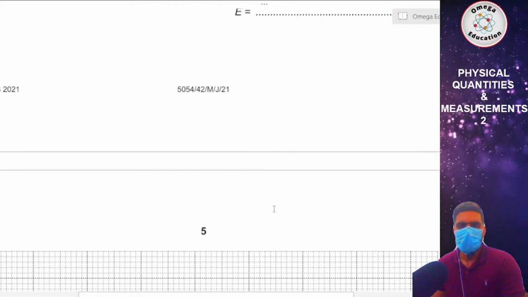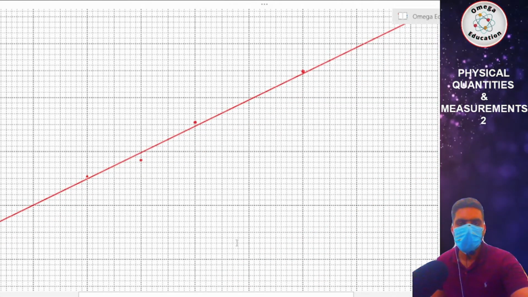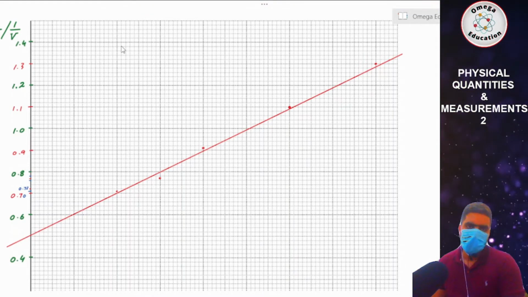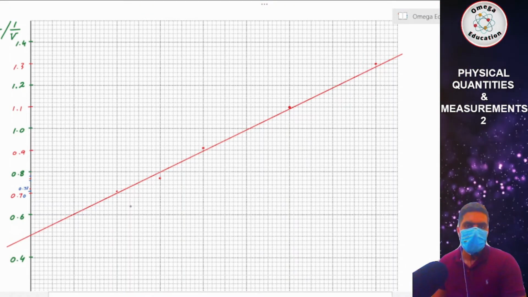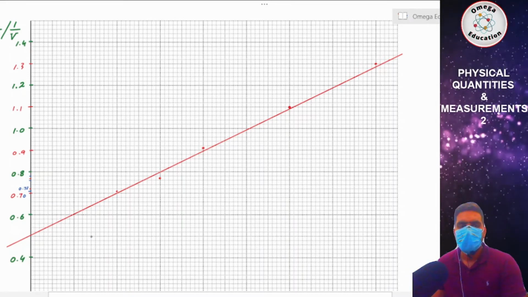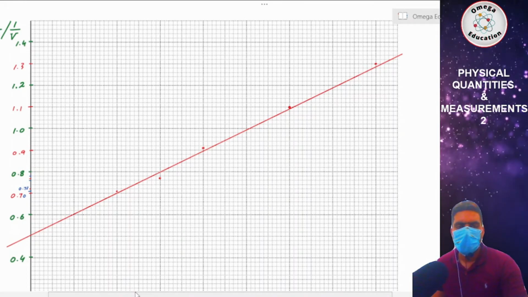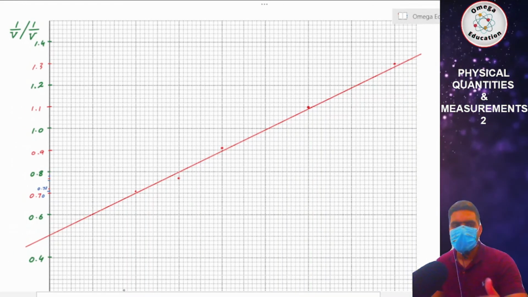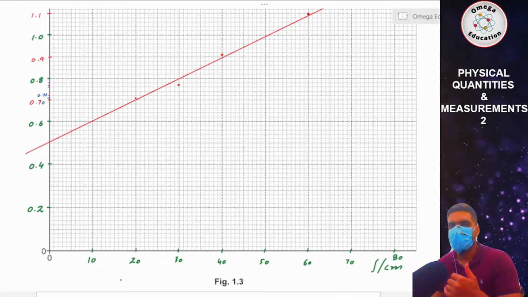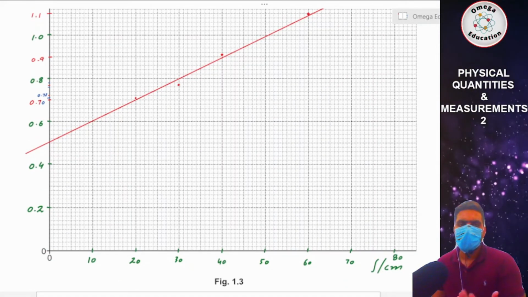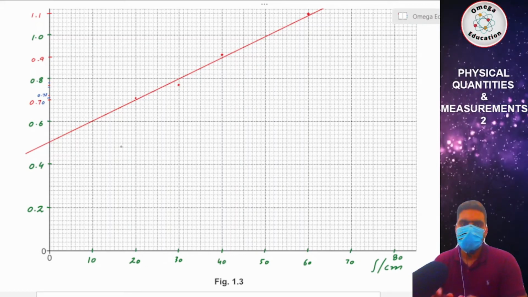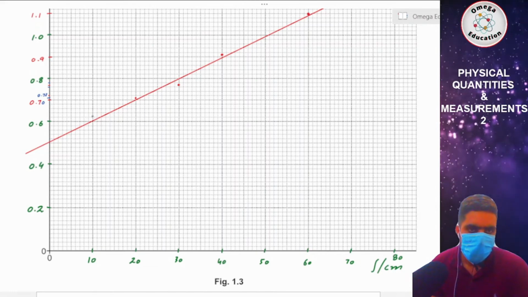And what we do in that is we choose 2 points on the line which are not too close, which are pretty far from each other, and the points should not be too dramatic. When I say too dramatic, I mean you should not be wasting so much time in finding the value of x and the value of y for that point. Or if you're familiar with mathematics, then I can simply say the coordinates of the point should not be too dramatic. So I can choose this one